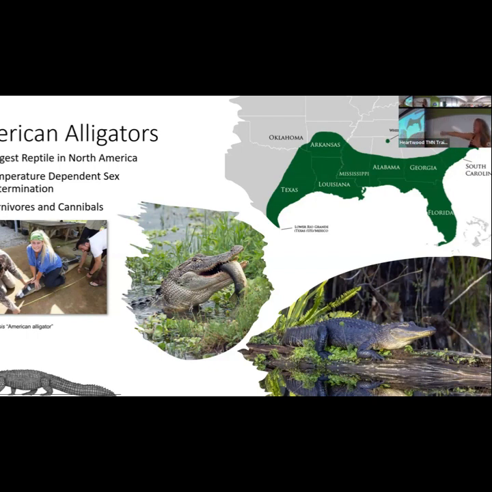And then when they get really big, they're starting to eat turtles. They're starting to eat mammals and birds and each other. So part of my research was looking in the stomach to see what they were eating. We would find tags of the other alligators that were on their feet in the big guys that they ate. So they are absolutely cannibals.